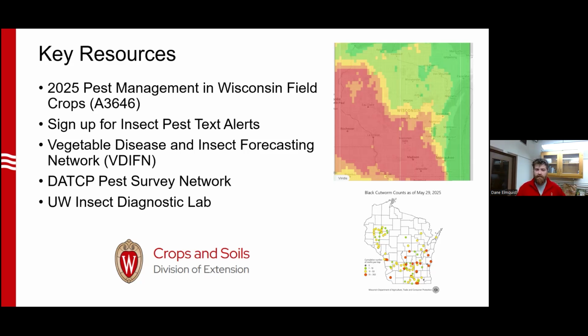The DATCAP Pest Survey Network is also a really amazing resource. This is a network of pheromone traps. I mentioned pheromone traps a few times, especially when we're referencing moth pests. It's an excellent resource for looking at weekly updates and counts for certain moth pests to help determine scouting activities. And for really tough IDs, something in that SnapCap file you can't quite figure out, consider using